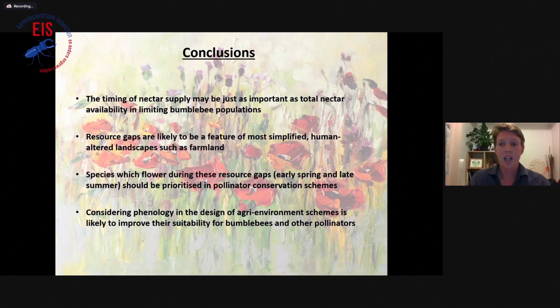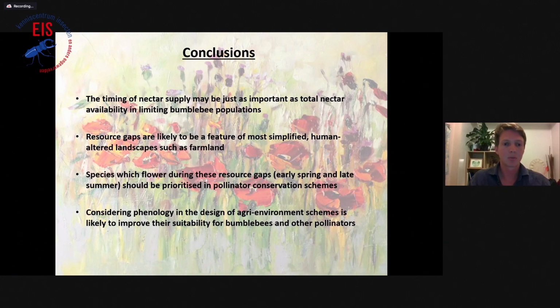We've seen these resource gaps present on farmland in the west of England, and although this study was limited to this region, I think it's fair to say that resource gaps are likely to be a feature of most simplified human-altered landscapes such as farmland, which have lost a lot of their diversity and heterogeneity, and therefore have a far more boom and bust supply of resources provided by fewer species, rather than a more continuous supply on more diversified